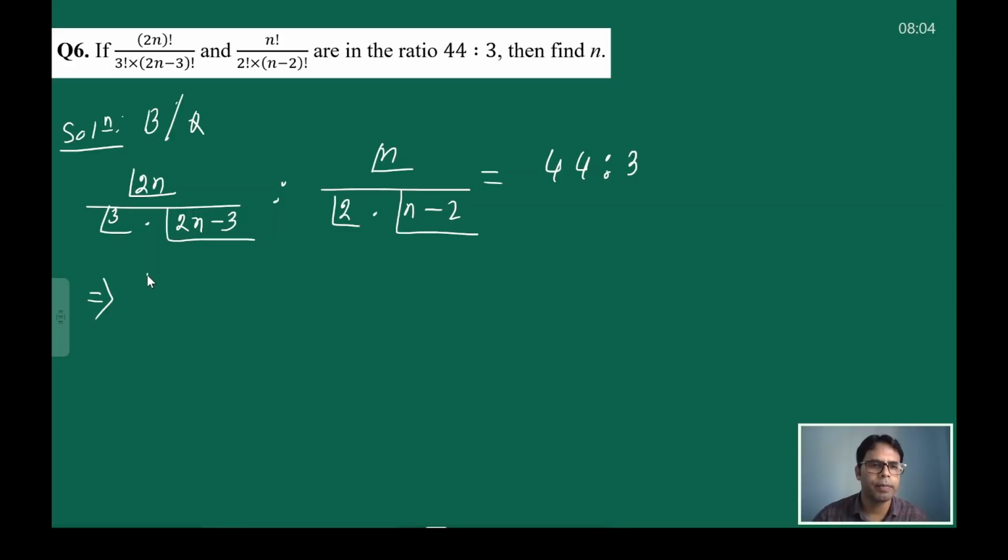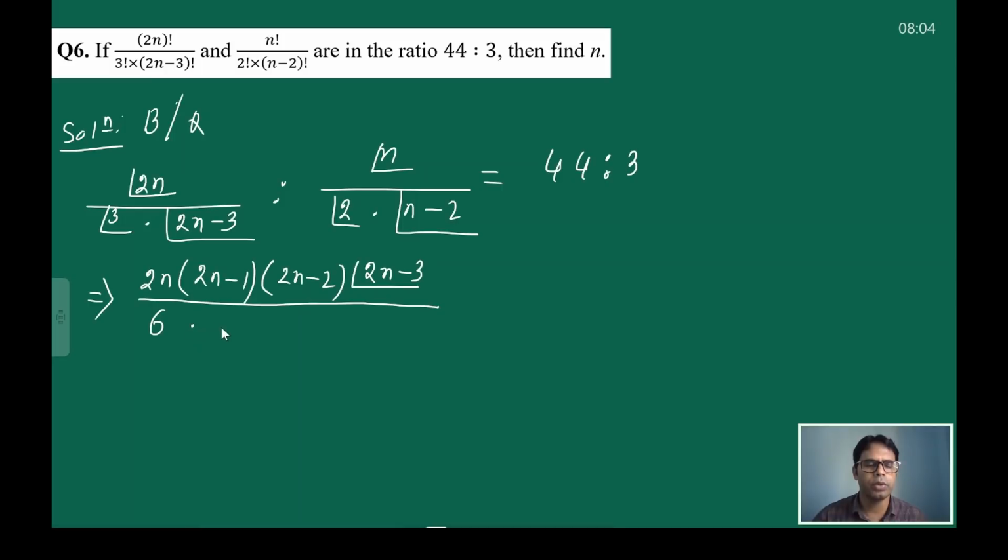we take one 2n outside, so that is 2n minus 1 remaining. We bring that outside, 2n minus 1, inside remains 2n minus 2, we bring this outside too, 2n minus 2, then this time 2n minus 3 remains. So it is (2n-3)! inside the factorial divided by, 3! you can write directly as 6, into (2n-3)!. That is the left hand side, then is